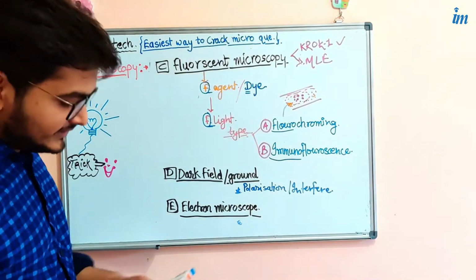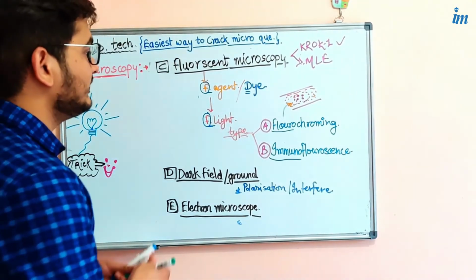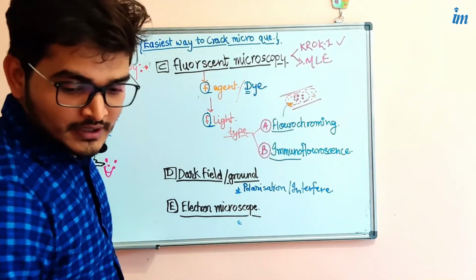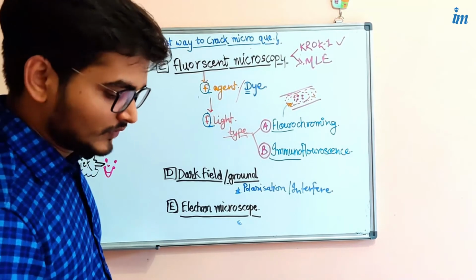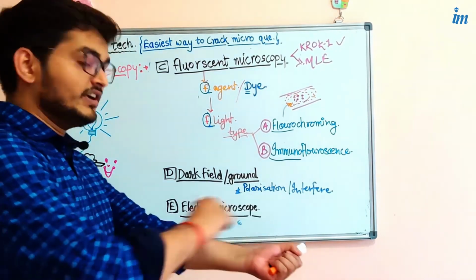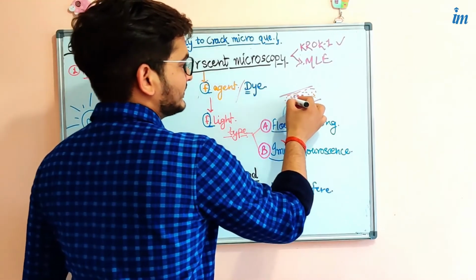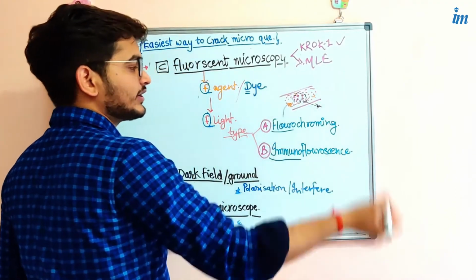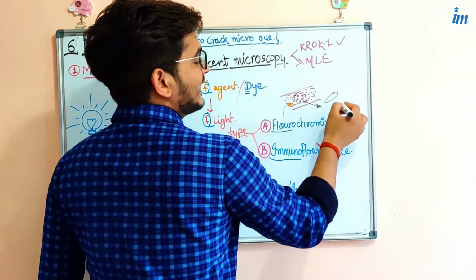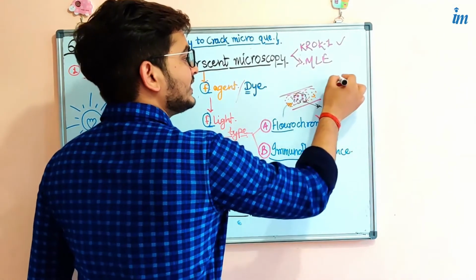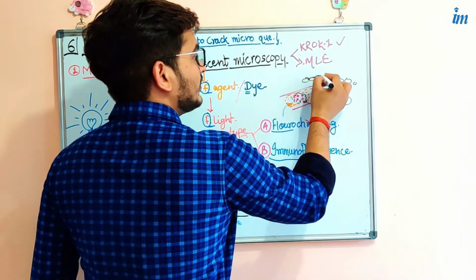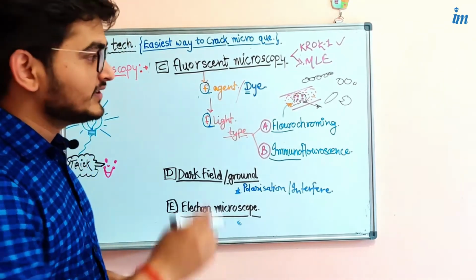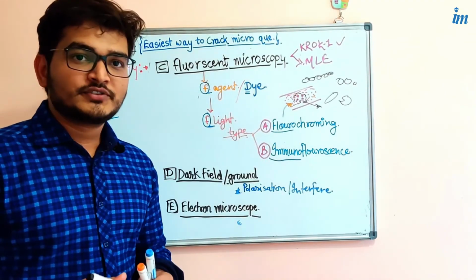And fluorescent agents have a specific property: they will go through the blood vessels. Simply assume that I made this as the blood vessels or any vessels of the body, and they will go through the blood vessels and circulation. We give an intravenous injection, and they bind over the surface, and because of that we can observe through the compound microscope or electron microscope the structure, like they may be bacillus if they are bacteria, or they may be vibrio, they may be coccus, they may be in streptus form. So on the basis of fluorescent microscopy, it is a very advanced and useful technology for you to diagnose what kind of organism is causing that disease.